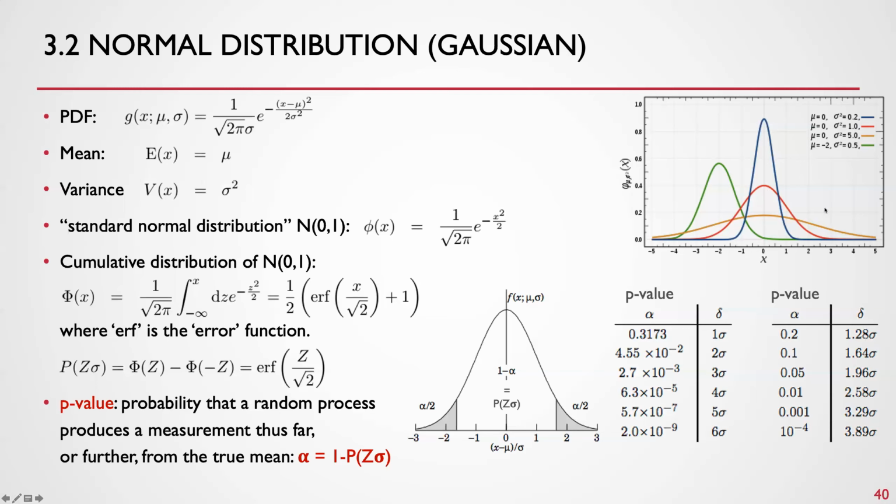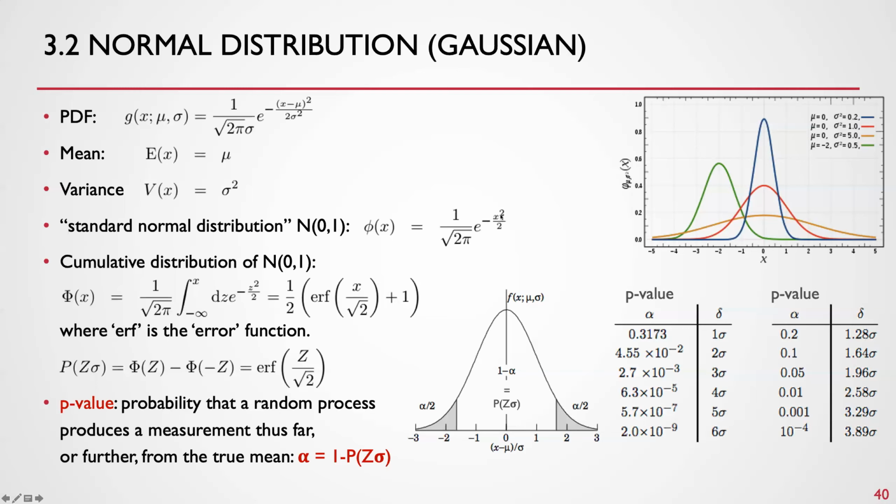The insert here, the plot here shows the normal distribution for different values of the location parameter and the variance. A high variance means a high spread, and the location parameter gives the maximum position of the distribution. The Gaussian, the normal distribution, is symmetric. The standard normal distribution N(0,1), with a location parameter at 0 and a variance of 1, is given simply by